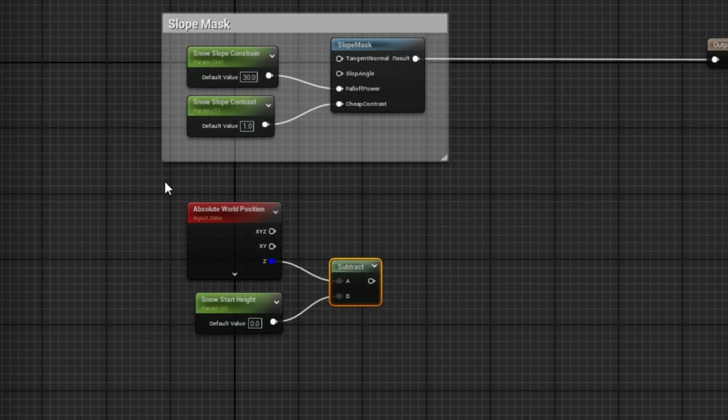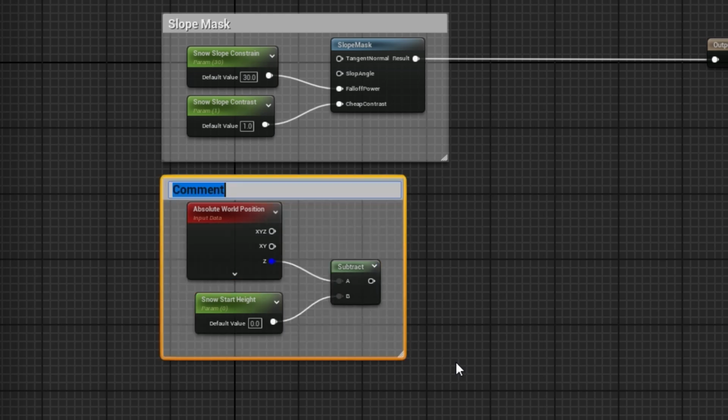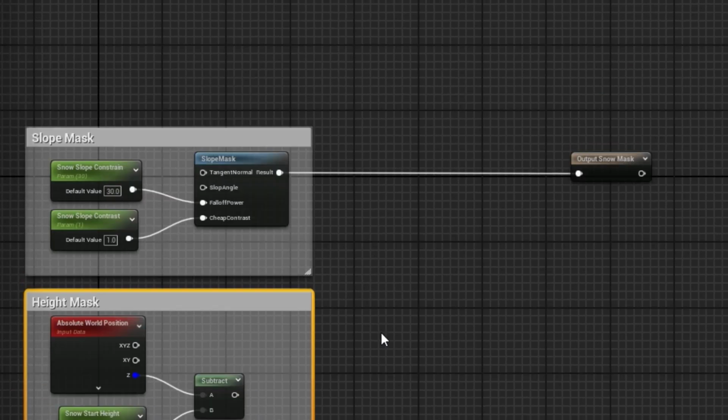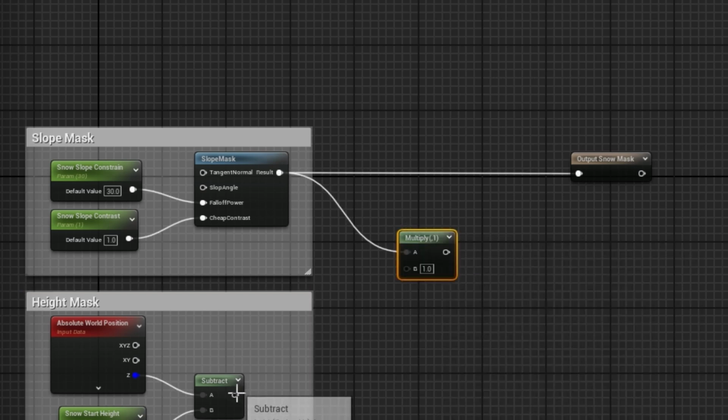So let's drag a comment around here and call this height mask. So we already have a slope mask up here. We want to combine the two, so we only want it to appear above a certain height, and we only want it to appear on a certain slope. So to do that, to combine two masks, it's very simple. You simply multiply them together. So use a multiply node here,